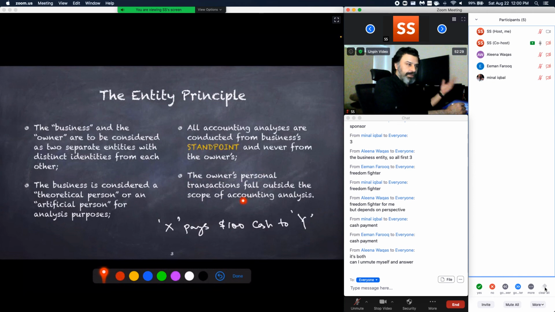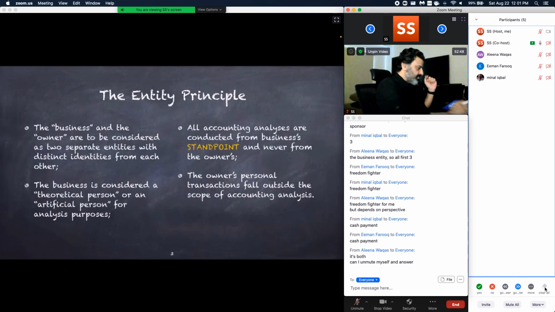Being a professional accountant, your concern is only the business enterprise and nothing else. And that is why you will always analyze transactions, and always derive conclusions on those transactions, using just one standpoint or one perspective, and that is the business's perspective. So hopefully that's clear. So we move on